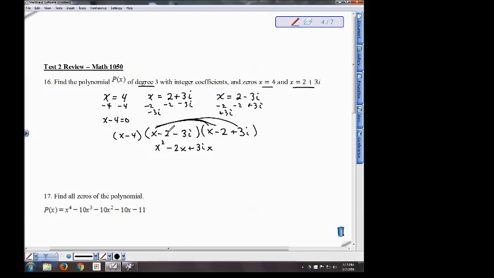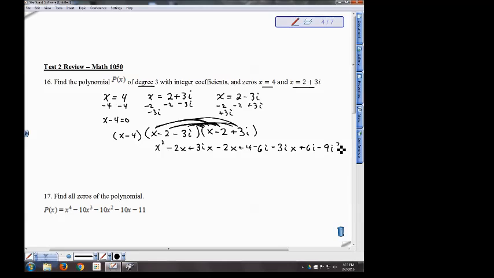Now multiply the negative 2, you have negative 2x plus 4, or minus 6i. And now multiply the negative 3i, and you're going to have negative 3ix plus 6i